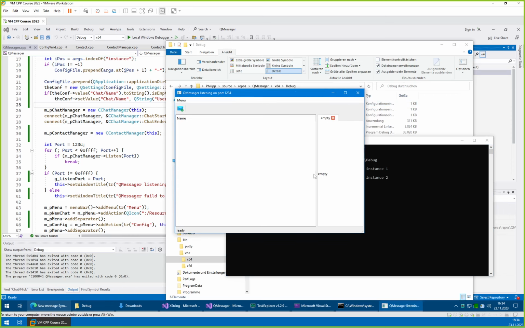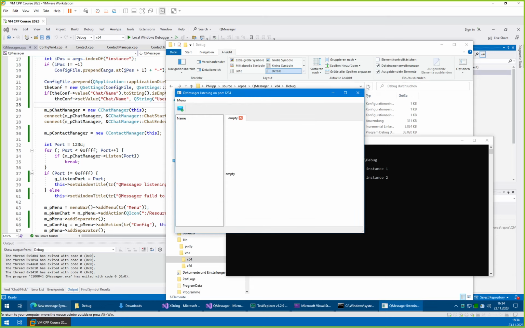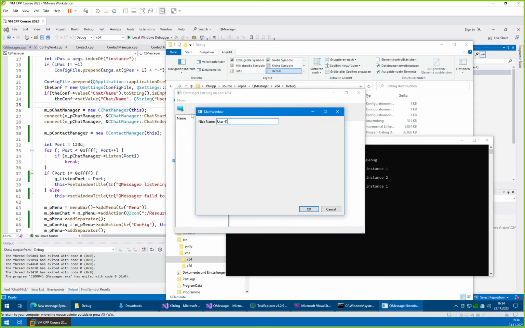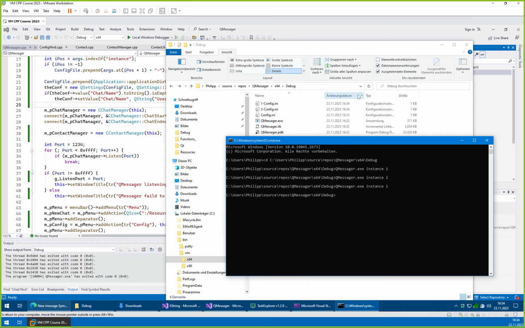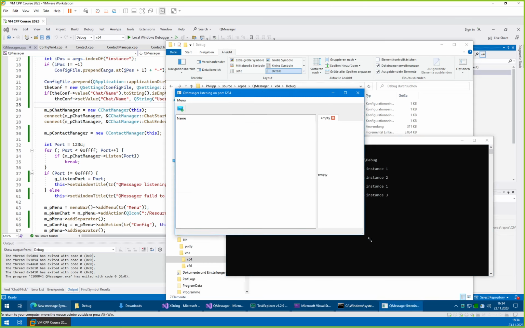We need to resize. Oh, and we should give names to them. User 2, instance 1, user 1. It always has 31 as the random name, funny, because we forgot